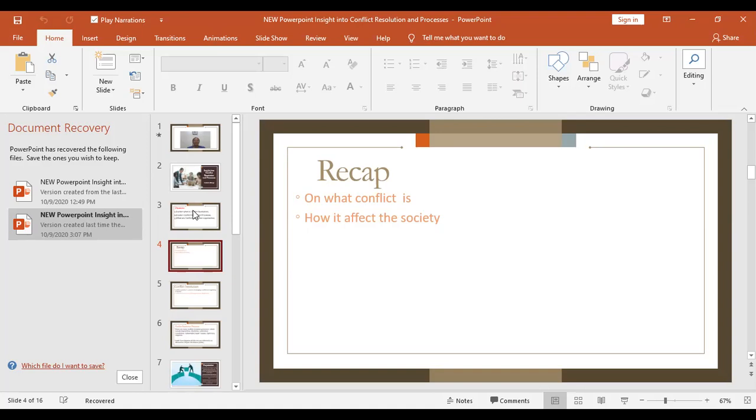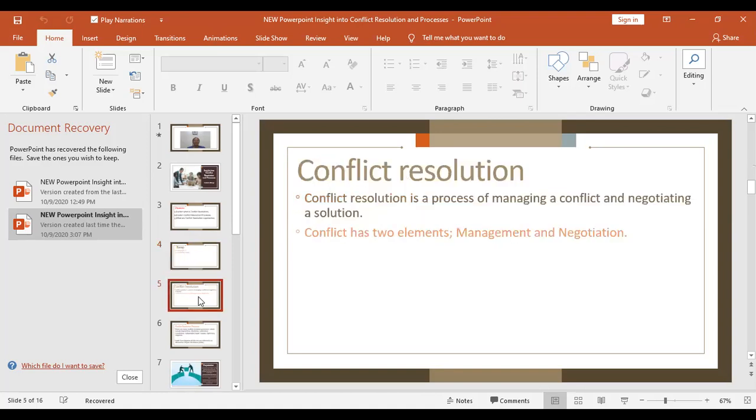So, which brings us to today's topic, which is what is conflict resolution. Conflict resolution is the process of managing a conflict and negotiating a solution. That is the various methods that are available of settling conflict between parties that are opposing parties in conflict. But there are two distinct elements that are operative during a conflict situation or conflict resolution process,